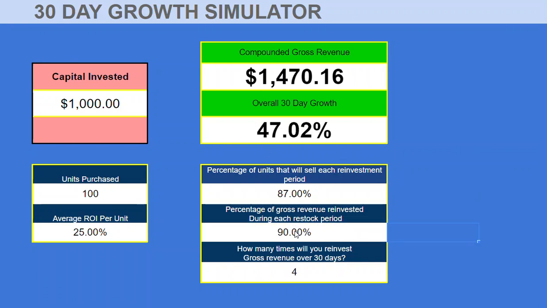So you can use this calculator to devise a strategy for yourself based on what you think is realistic for you. But the bottom line is you want to be reinvesting your capital more than once a month, which is what most sellers do, because they don't give a second thought to it. You know, it's understandable because nobody's taught us this stuff. But if you get up to 2 times, if you're getting paid every 2 weeks, then you can see you're still not quite keeping pace. So it's not quite good enough.